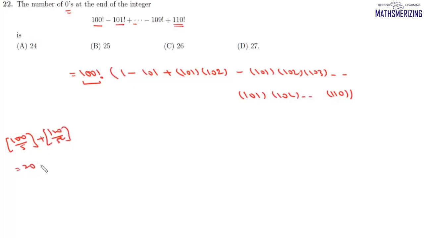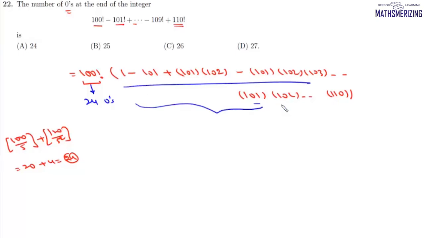So it will be 20 plus 4 and there will be 24. So in factorial 100 there will be 24 trailing zeros. Now we need to find how many trailing zeros are possible for this case. Now if we take this expression and let us say this is E, if we find